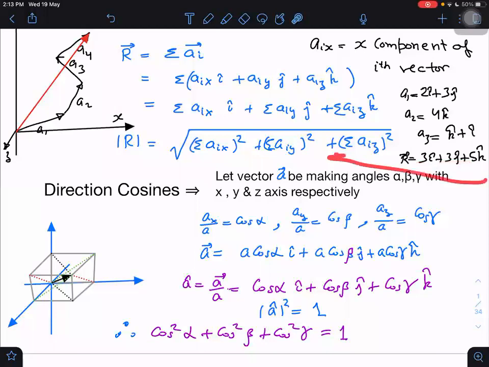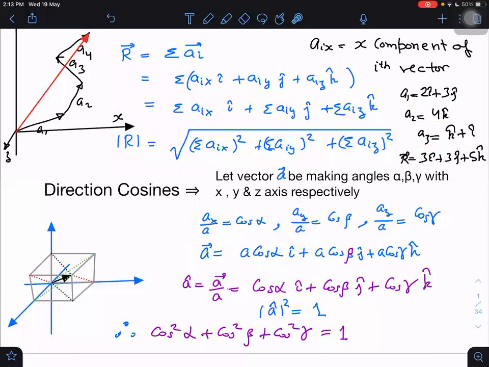After that, I have to apply the formula for calculating magnitude. We discussed in the last class that magnitude we calculate by this formula: x square plus y square plus z square, whole under the root. So then we can get the resultant magnitude. Magnitude will become 3 square 9, 9 plus 9, 18, plus 25, 43. Square root of 43. This is what we will do. This method we can use only if the examiner himself gives us vectors in such a way.